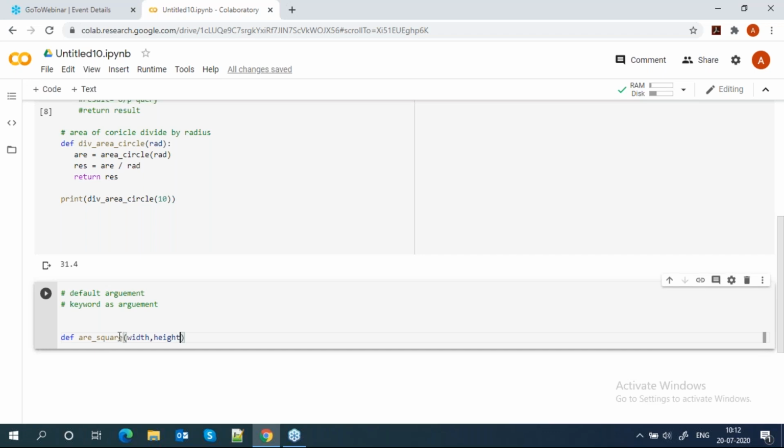One second, guys. Okay, then what is the formula of square?